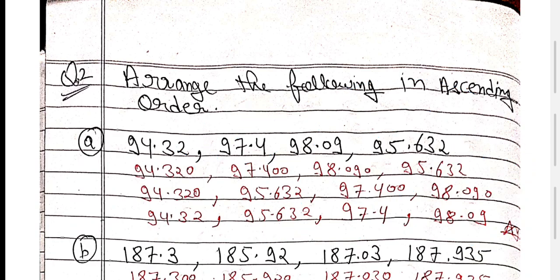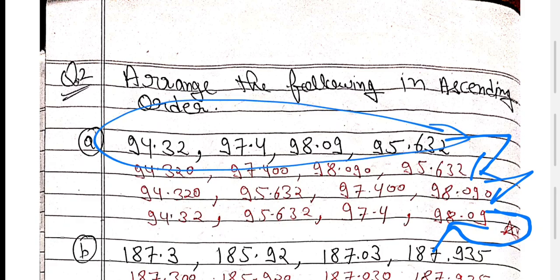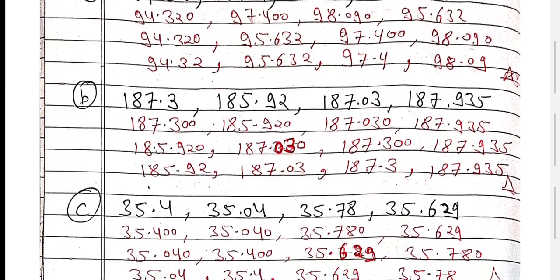It means that first you convert the given question into like fractions, and then do the comparison, and then write the answer again in the original numbers. With the help of this number you have to convert this one. Now try to understand the second one.